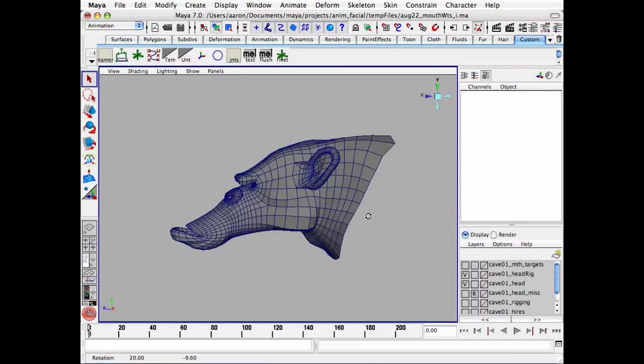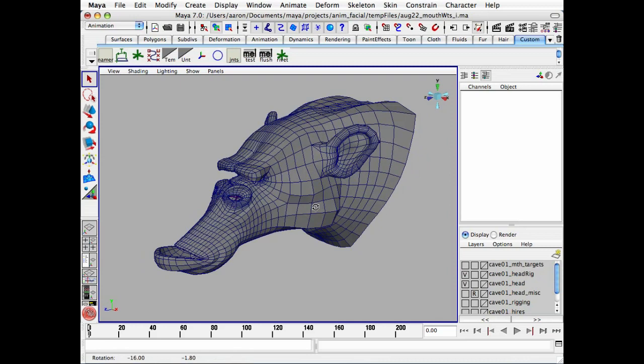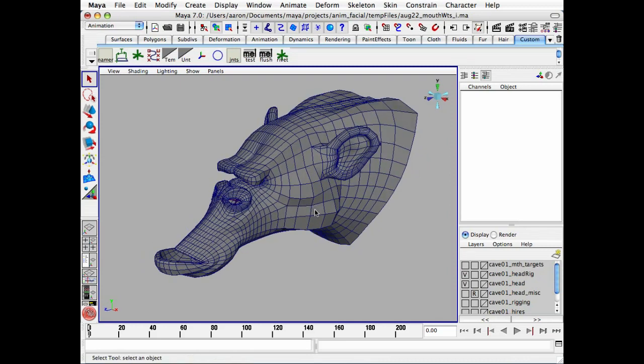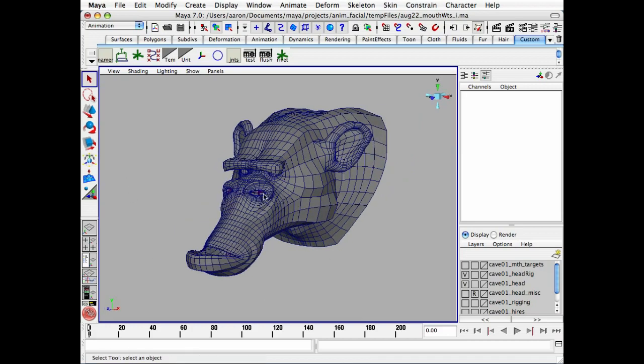So now we're going to add a secondary animation control to this entire head, what I call a smear control. Basically, it's just a wire deformer, but it's going to be layered so that it will trigger last in the deformation hierarchy. So whatever skin cluster weights or blend shapes you have activated on your face, once you've done that, then on top of that, last in the deformation chain, you'll be able to layer more global deformations on top